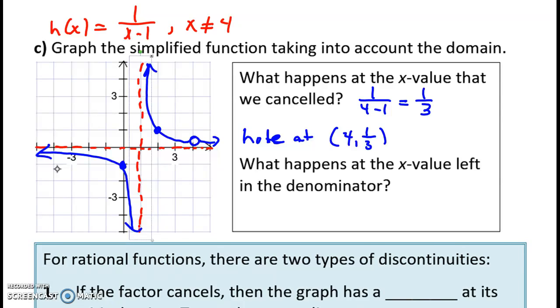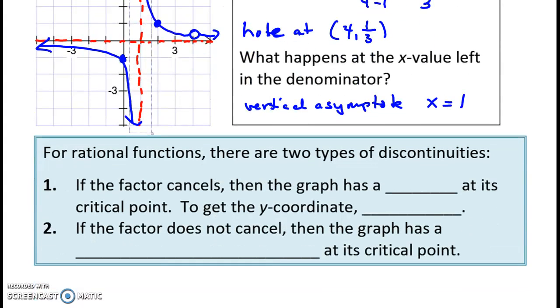So that's what happens when we consider the x value that we canceled out from the function, or x equals 4. What happens at the x value that's left in the denominator, or x equals 1? There we have a vertical asymptote. And the vertical asymptote's equation is x equals 1. So to recap, there are two types of discontinuities. If the factor cancels, the graph has a hole at its critical point. To get the y-coordinate,